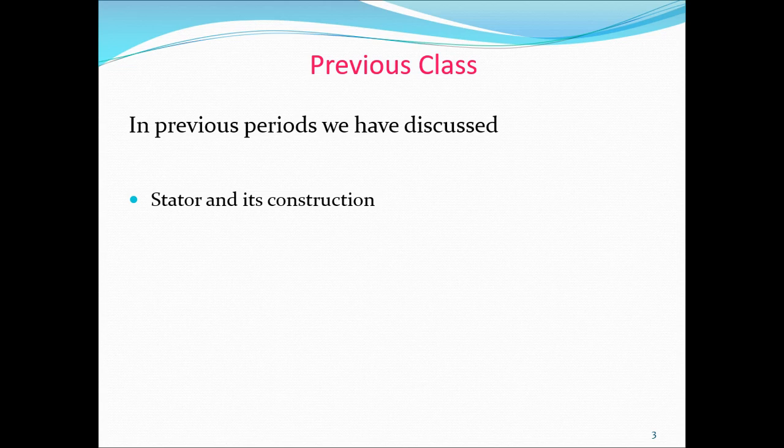To minimize the eddy current losses, the stator core is laminated. If the stator core is not laminated, then what happens? It produces more hysteresis and eddy current losses, and most of the power is wasted in the losses only. Then the output of the motor is very less. So we have to make the laminated core. For large machines, we can provide insulation with varnish, and we can provide a cooling system also to minimize the heat.